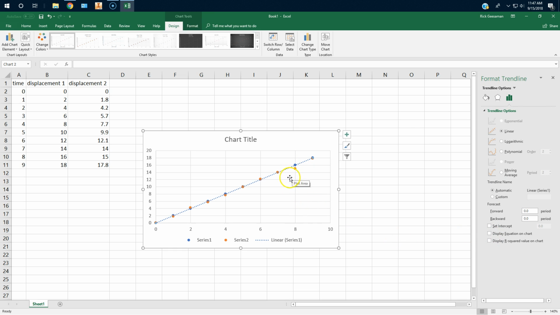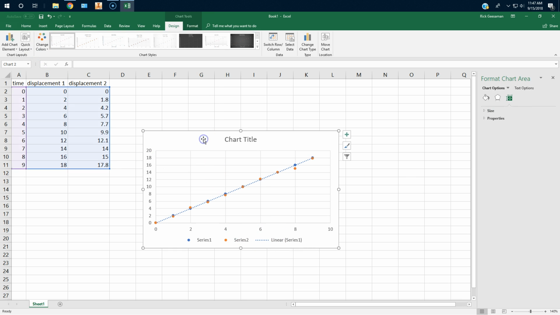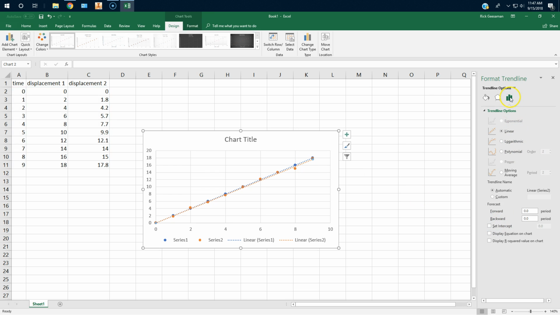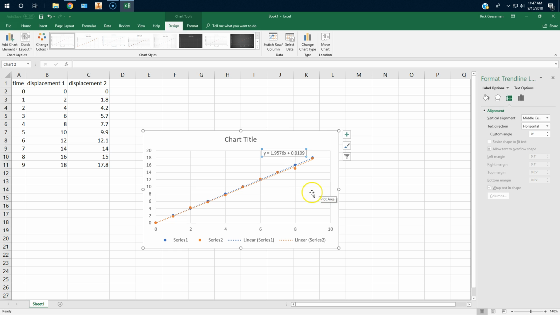We also want to show a line of best fit for the orange series, Series 2. And we do that by selecting the chart, coming up to Add Chart Element, going down to Trendline, selecting linear now for Series 2, and there is our line of best fit for that data. And if I select that line and then ask up here under Trendline options to show the equation on the chart, you'll see that the equation for that line is y equals 1.9576x plus 0.0109. Pretty exact,